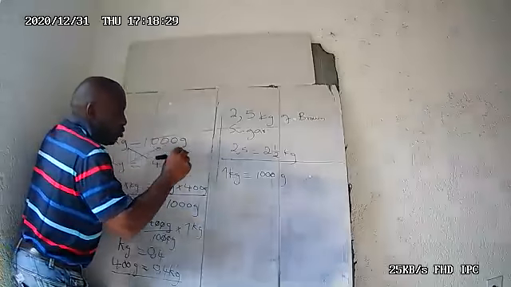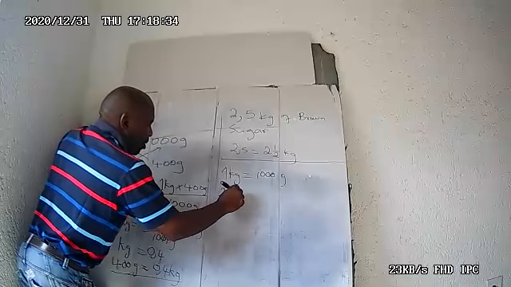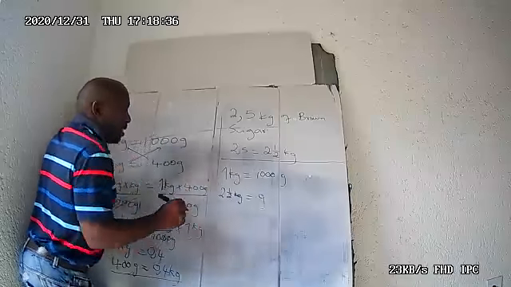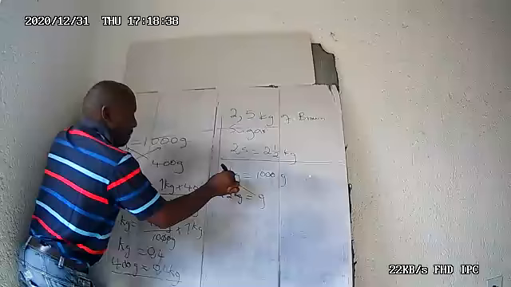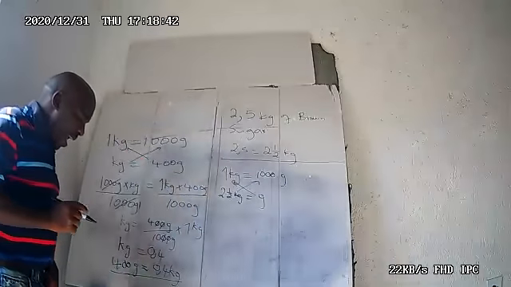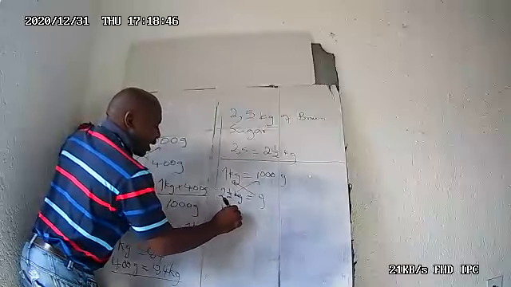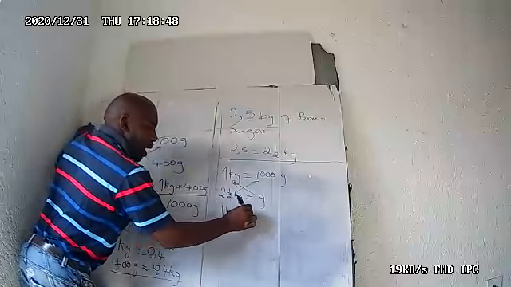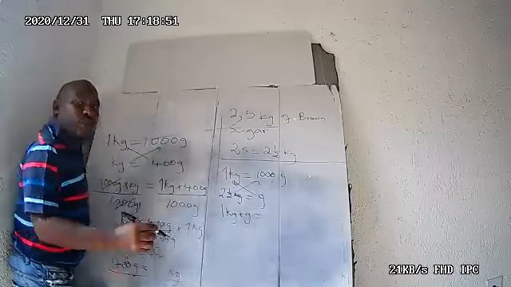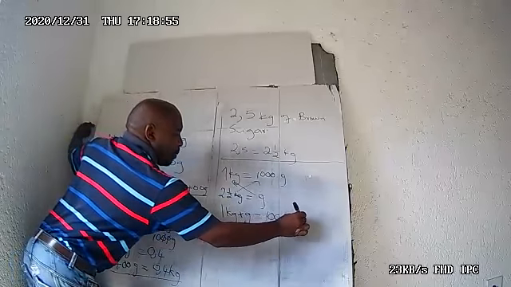Now, what is it that we know here? We know that 2.5 kilograms is how many grams? Now, we must cross multiply. When we cross multiply here, we are going to have 1 kilogram multiplied by grams is equal to 1,000 grams multiplied by